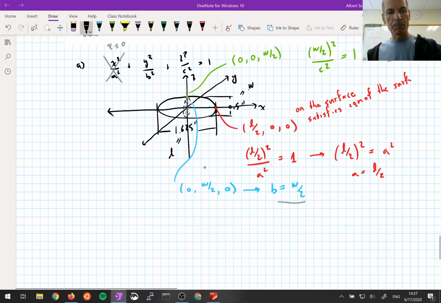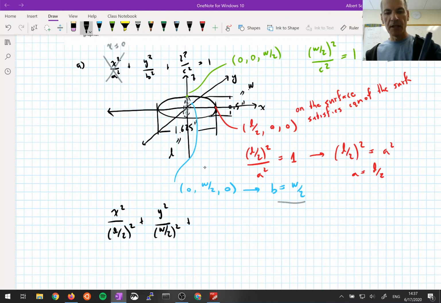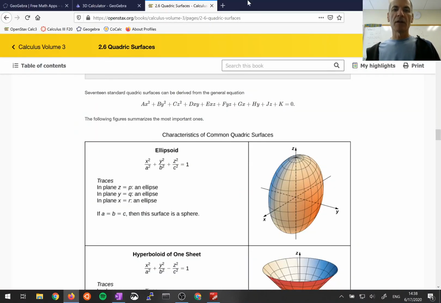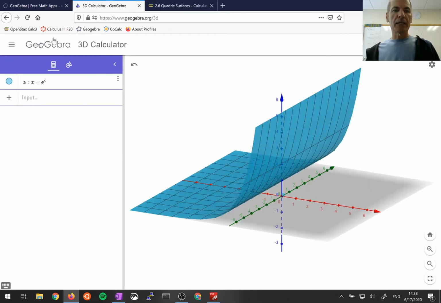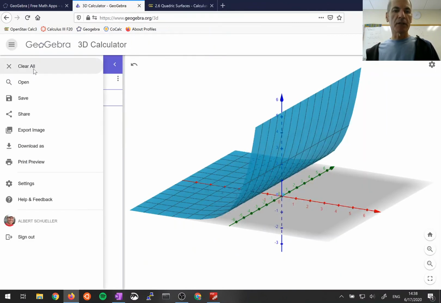x squared over a squared, which is L over 2 quantity squared, plus y squared over b squared, w over 2 quantity squared, plus z squared over c squared, which is also w over 2 quantity squared, equals 1. And let's punch that into GeoGebra and see if we can't observe something that looks very much like one of these rattlesnake eggs. So I'll pull up the 3D calculator, I'll clear out our previous work,